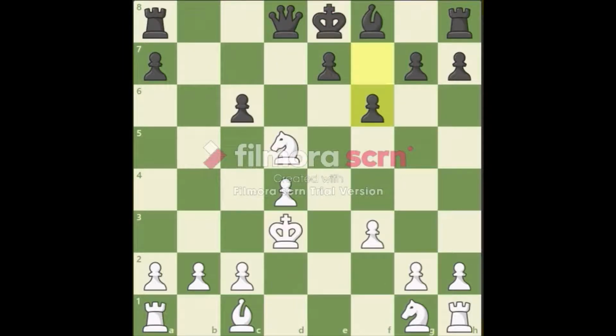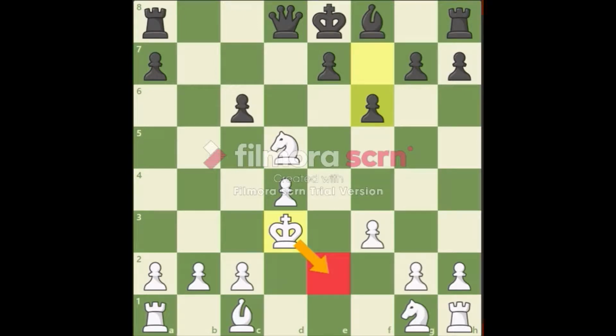Let's take this example. Suppose this king is going to move to the E2 square. We will notate it KE2, because the king's letter is K and the destination square is E2. And remember, first we take the piece's letter and then its destination square, where it has moved.